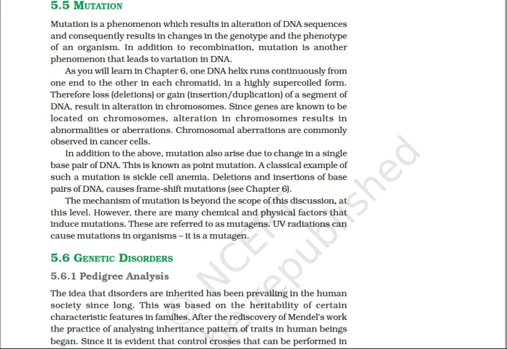Somatic mutations are not inherited by children. However, the mutations are passed on to the daughter body cells by mitosis, whereas germ mutations are inherited by children. Somatic mutations die out with an individual, hence are not important for evolution, whereas germ mutations, as they can be passed on to the next generation, play an important role in evolution.